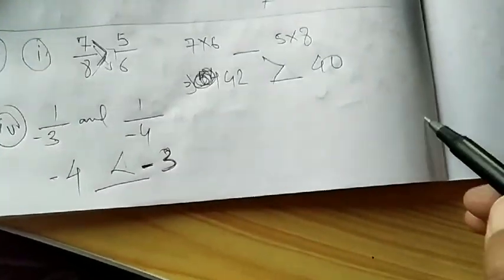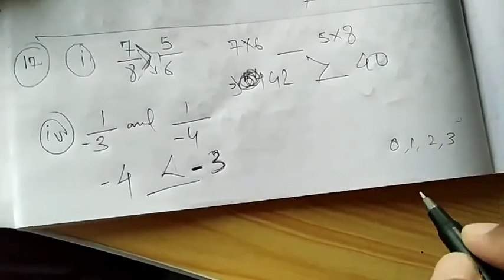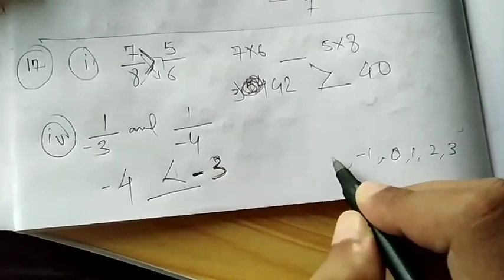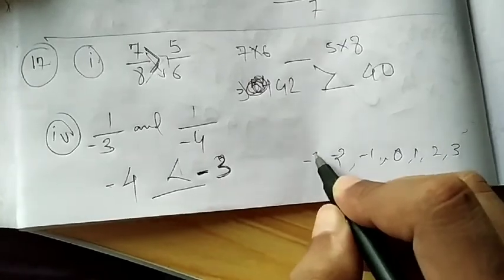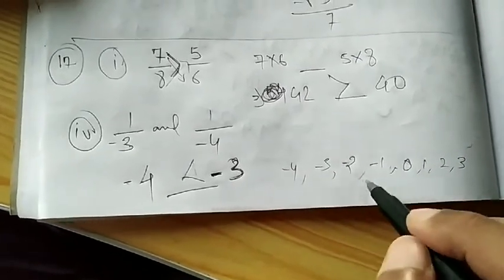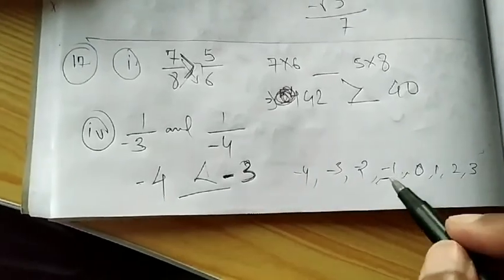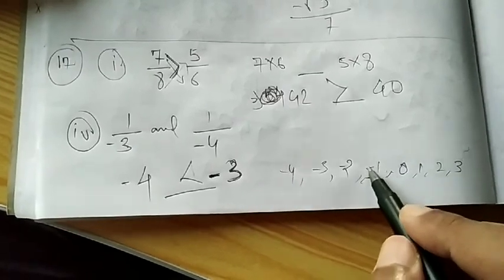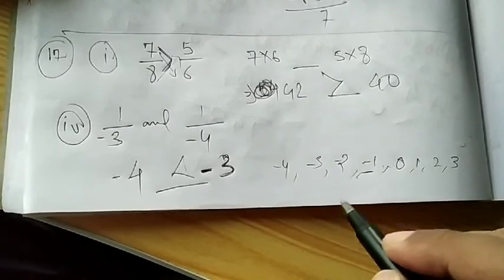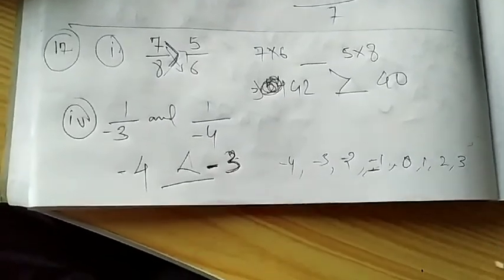How? Practically, if you think 0, 1, 2, 3, this is the number line, right? But the negative side starts on the other side and it goes backward. So this is the greatest one. The rest, the further it goes, the lesser it gets. Is -1 less or -2 less? -2 will be much lesser. So -1 is bigger than -2. Similarly, -3 is bigger than -4.